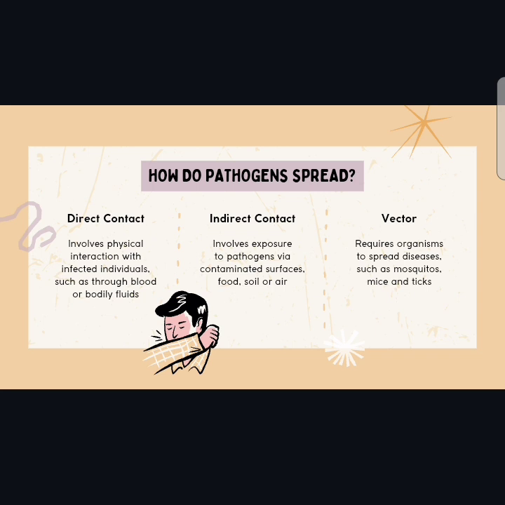Pathogens use three main methods to spread. Number one is direct contact, then indirect contact, and the last one is vectors. Direct contact involves physical interaction, like touching infected skin or bodily fluid. For example,